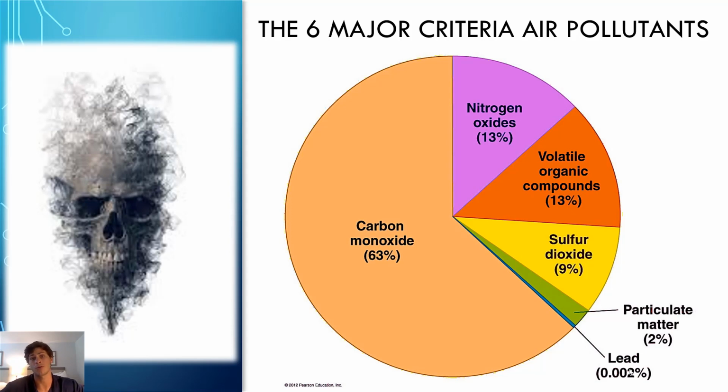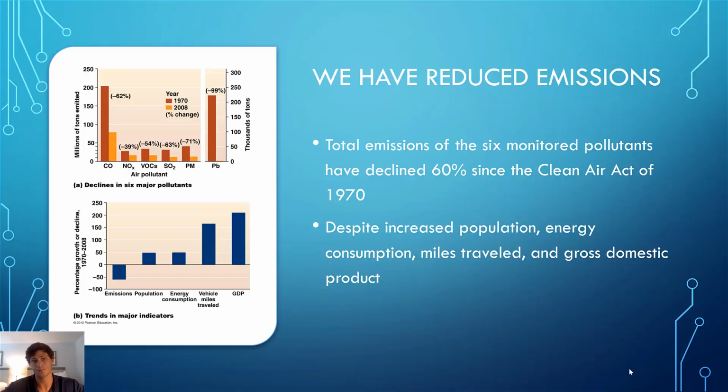And then particulate matter and lead are very, very small in that they don't normally result from vehicle pollution or from coal power plant pollution, simply because lead has been almost completely phased out in developed countries, and particulate matter doesn't really stay in suspension very long. And so these two are going to be less severe in terms of the 6 major criteria air pollutants, and so we're going to worry primarily about the other 4.